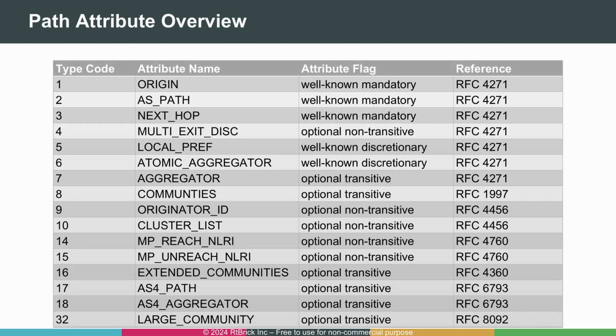So far, we have covered three well-known mandatory BGP path attributes, which are the only ones of this attribute type. To ensure completeness, we provide a list of the most important path attributes used today, along with their attribute type and a reference to the document where they are defined. We will cover most of these attributes in more detail in the next video. All of these attributes can influence the path selection process, which we will address in the next slide, either directly